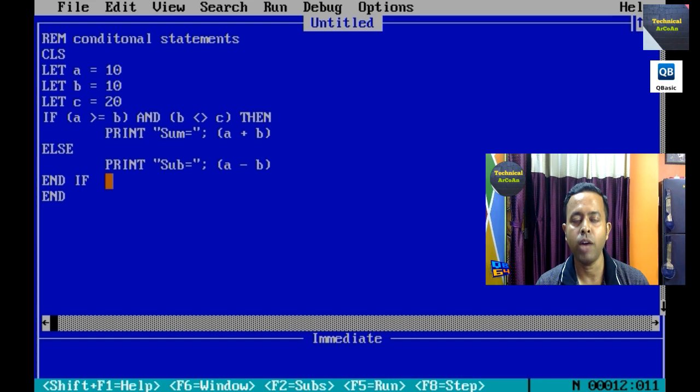So now what happened? A greater equal B is true, because it is equal or greater, that means 10 greater equal 10 is true. And B not equal C is also true. So the whole condition will be true because both conditions are true now. So it prints the sum. A plus B is now 20 as the sum. Clear? Now if we put OR here,